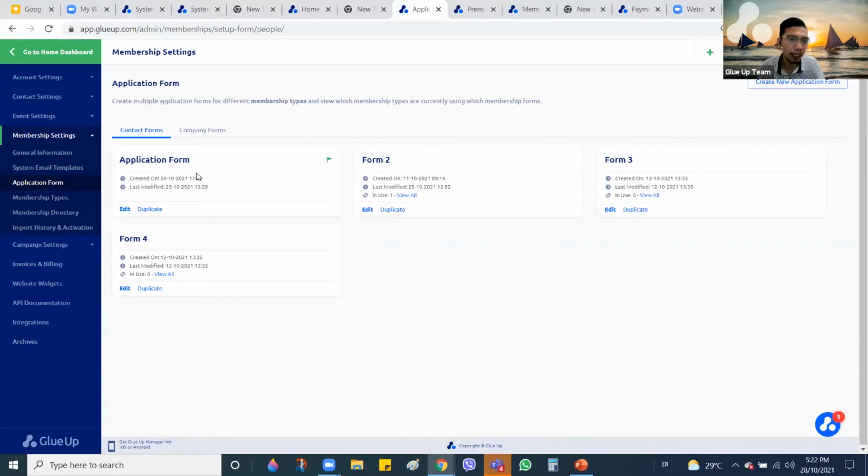You can create multiple application forms and then link them to that particular membership type. Say, for example, VIPs don't usually fill in much information. They don't want to write so many things in the application form. We can create a much simpler application form for them, and for our regular members, we have many more fields needed. So as you can see here, all you have to do is create a new application,